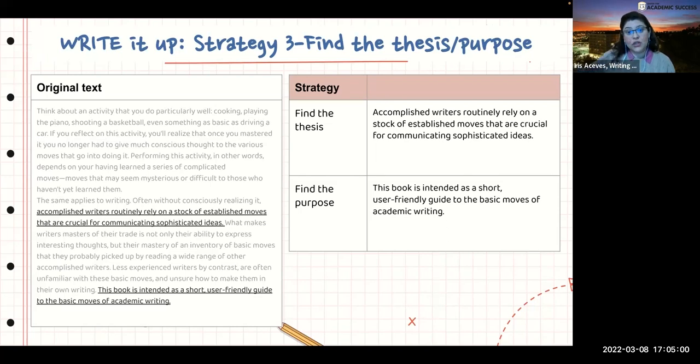And just like you have to write a thesis for your paper, the authors of all of the published works have to write a thesis for their paper. And if you find the thesis, that gets you a little bit closer to being able to summarize, being able to paraphrase and integrate their information into your writing. And then the fourth strategy that we have here